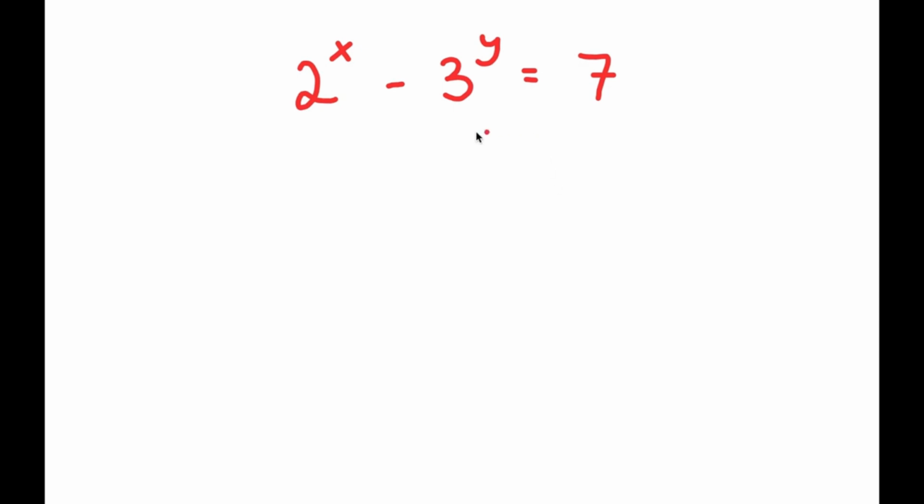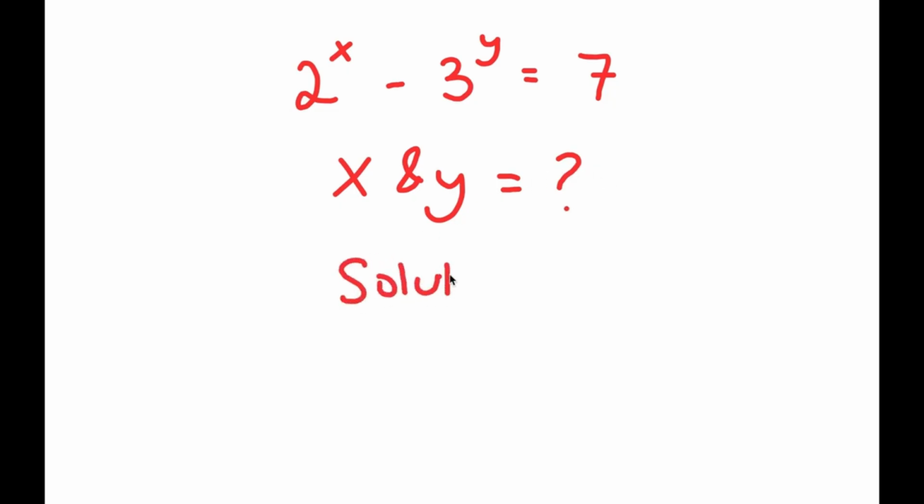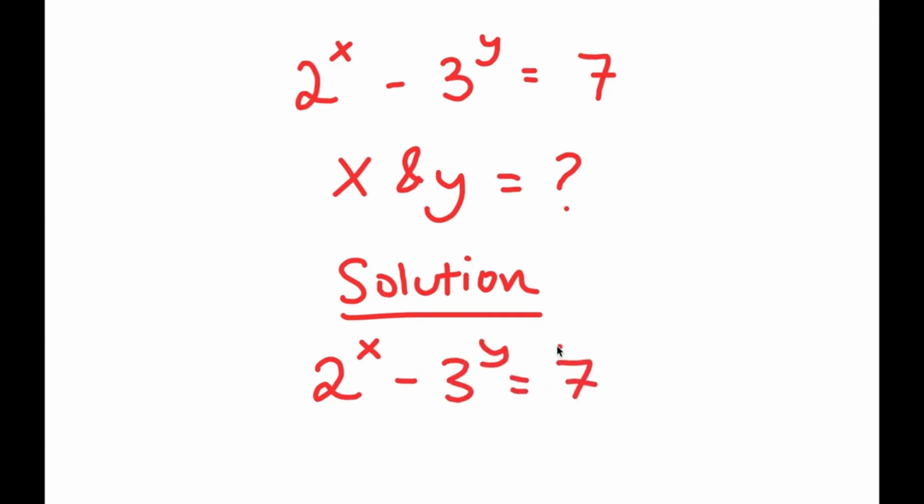Alright, so in this problem, I have 2 to the power of x minus 3 to the power of y is equal to 7, so I want to find the values of x and y. So for my solution, if I have something in the form 2 to the power of x minus 3 to the power of y is equal to 7,